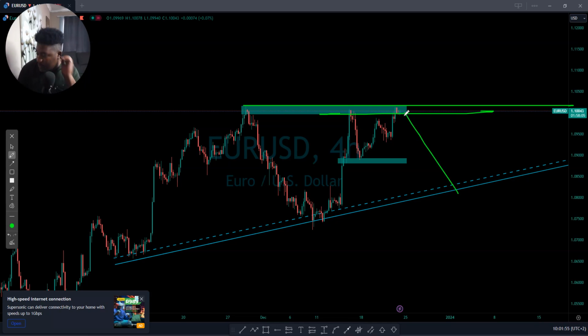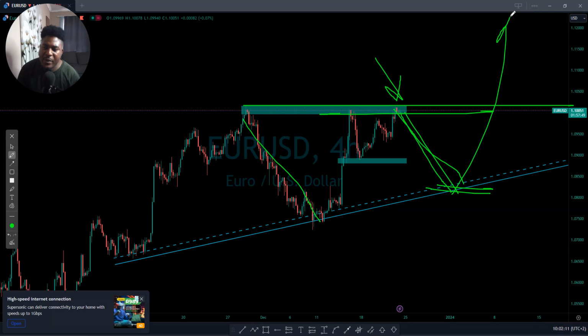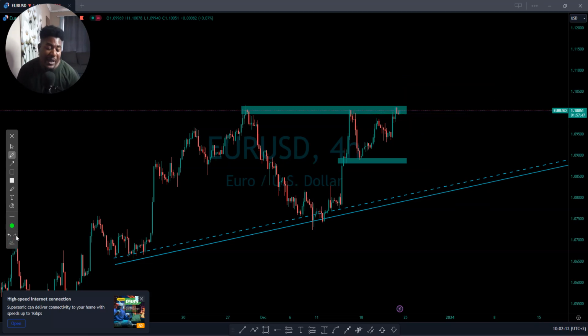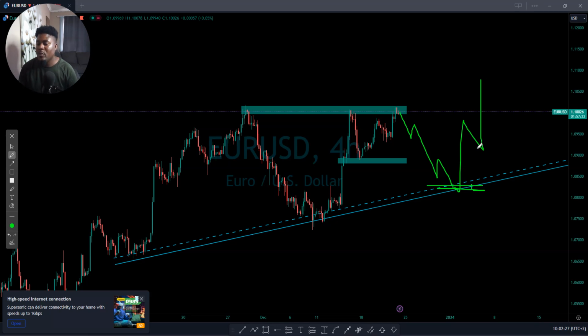The problem comes when you just want to be in the market non-stop. Wait for the market to sell. I guess you already identified the trend. The trend is pushing up. So why do you want to go sideways? When the market is going down, you want to go with it. When it goes up, you want to go with it. That is the problem, because now you don't want to miss anything and you end up losing. So wait for the market to reverse, then we get it nice. And mostly when the market touches the support, once it pushes like in 2 hours, you'll be eating very nice.